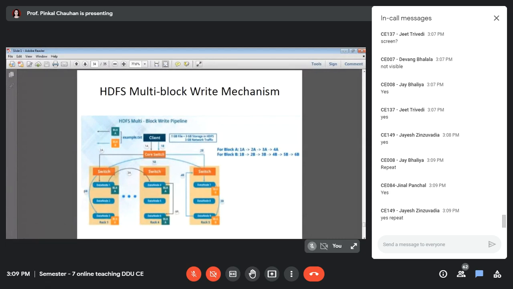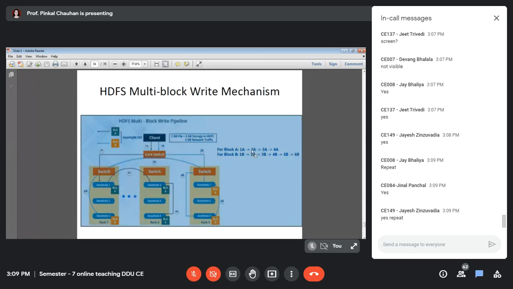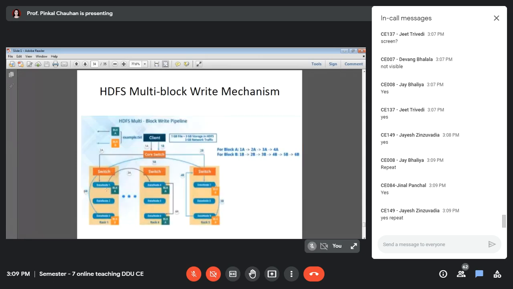Okay, so I repeat. For block A, it is copied onto data node 1. What I mean to say is, block A is copied onto which nodes? Can someone write here by seeing the figure? Block A is copied onto which data nodes?